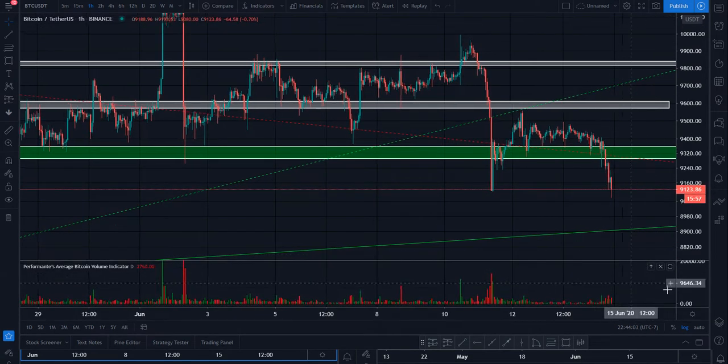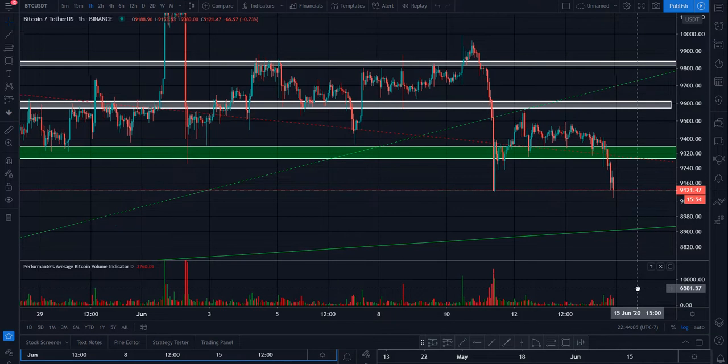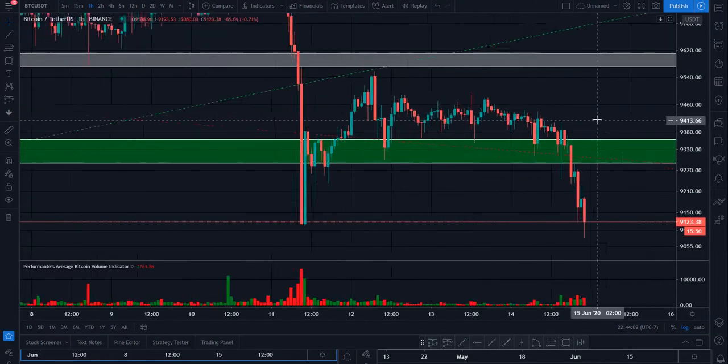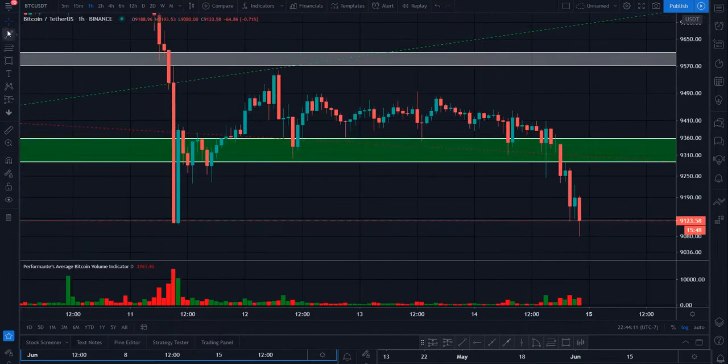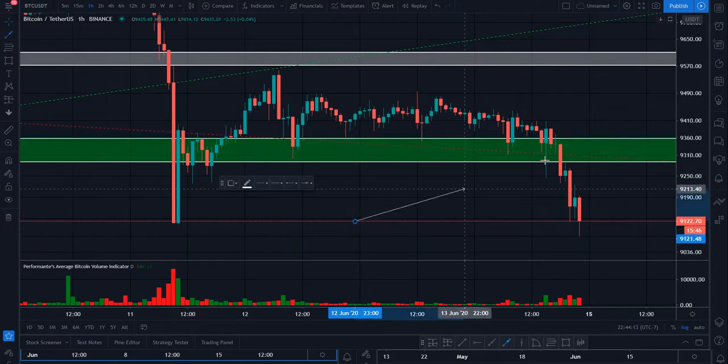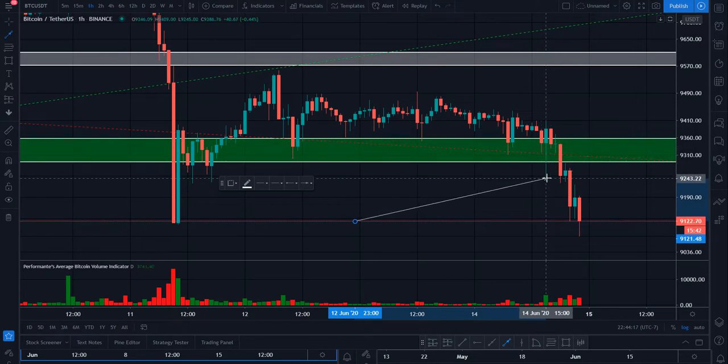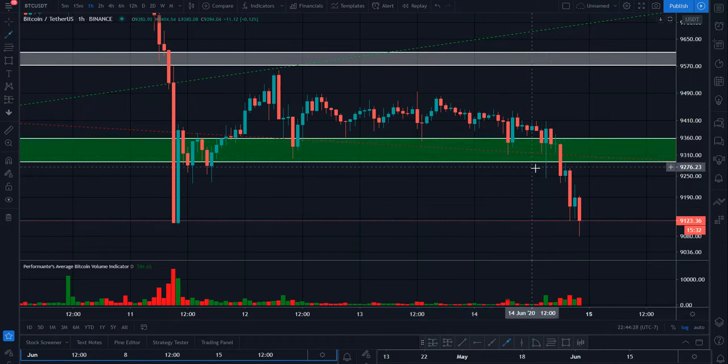Let's just zoom in here so we're able to see things a little bit more clear. We do see a little bit of buy volume when we got that big wick to the downside. We can see this one right here. Let's just get our arrow. This big wick to the downside, we opened right here, pushed all the way down and came all the way back up and closed, not significantly higher, but higher than the open, and we got quite a bit of buy volume that did come into the market that was able to hold.